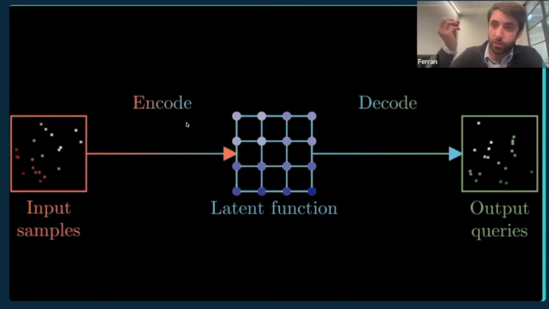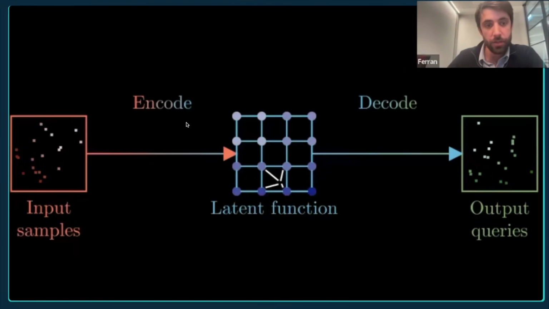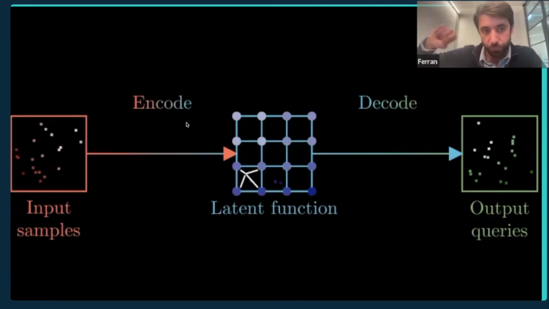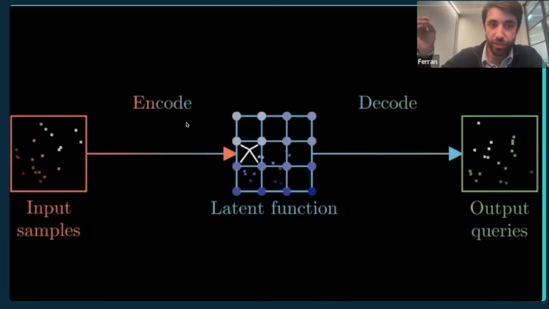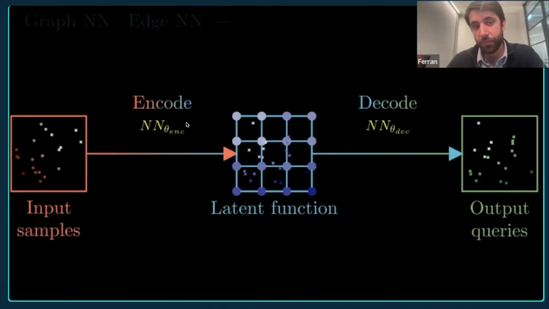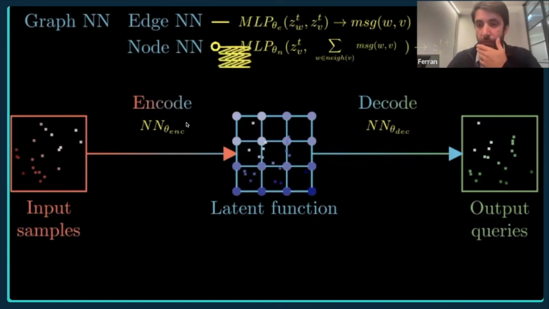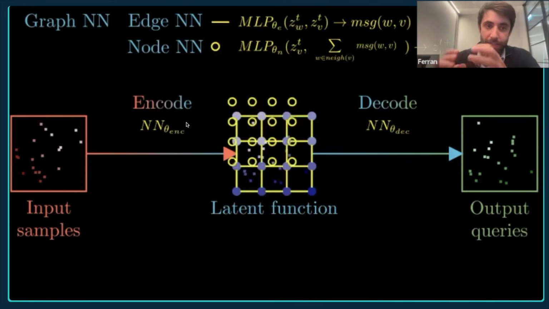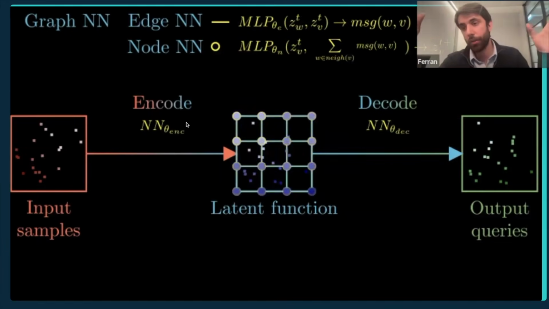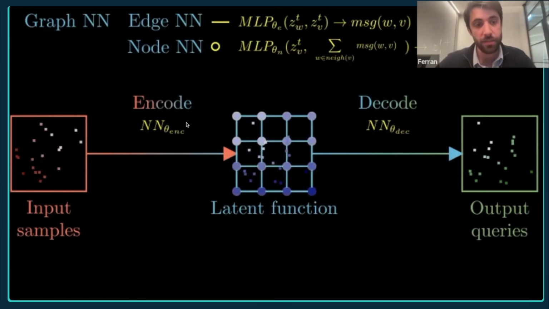And then once the nodes in the graph have been updated and the information has been propagated, we can run the attention in the reverse direction and make the final predictions on the locations we really care about, and then finally decode. If we think about the parameters of this model, we have a neural network in the encoder, one in the decoder, and then we have edge and node neural networks, which are typical in graph neural networks. The key important thing is that the edge and node networks are reused across all edges and all nodes in the graph. So basically, the same parameters are reproduced as many times as needed.